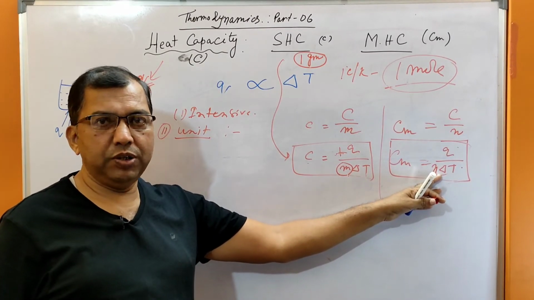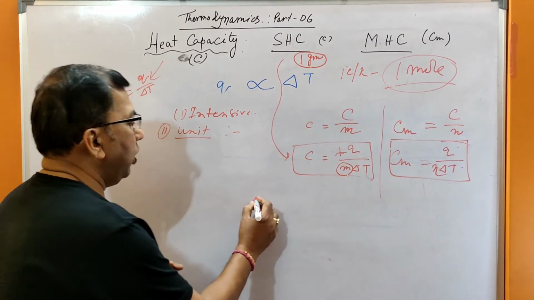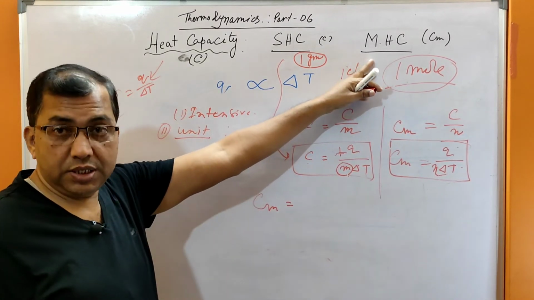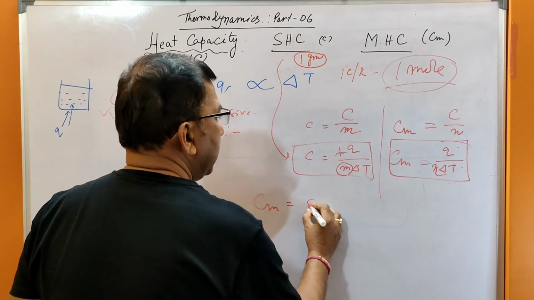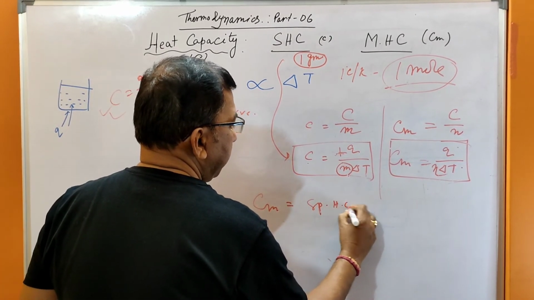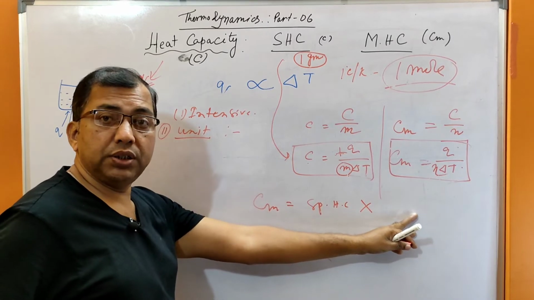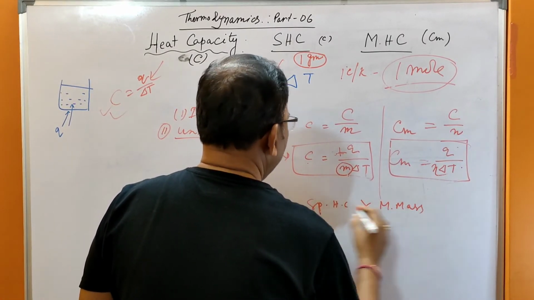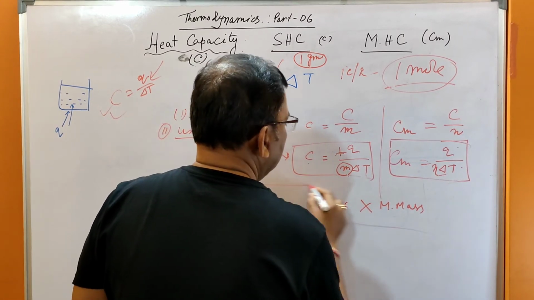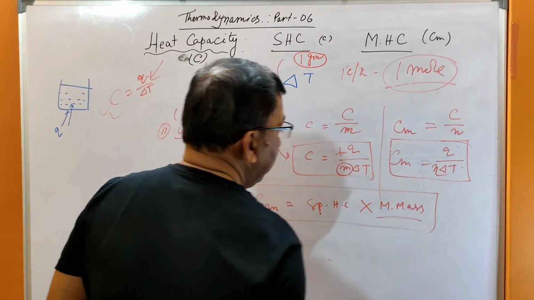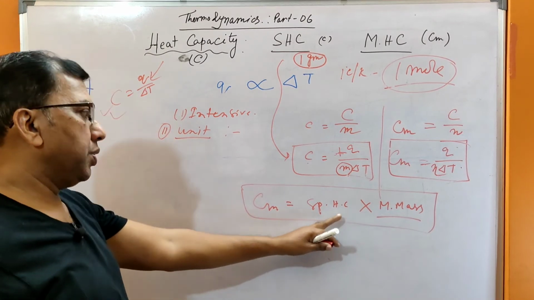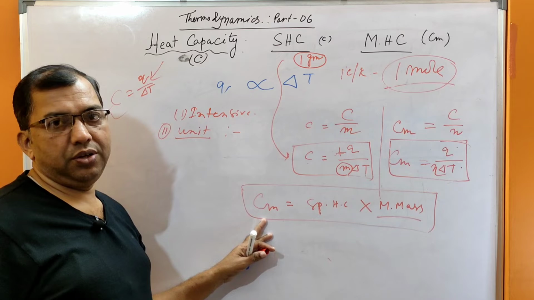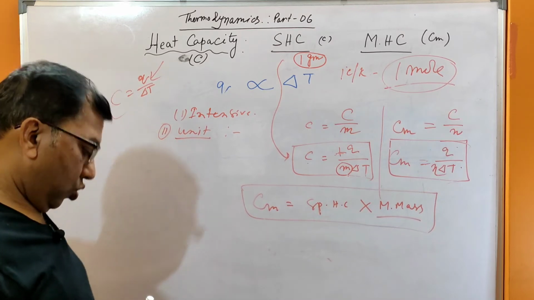So Cm equals C into molar mass. Molar heat capacity equals specific heat capacity into molar mass. If the specific heat capacity is given, you can find out the molar heat capacity. Okay, so in short,